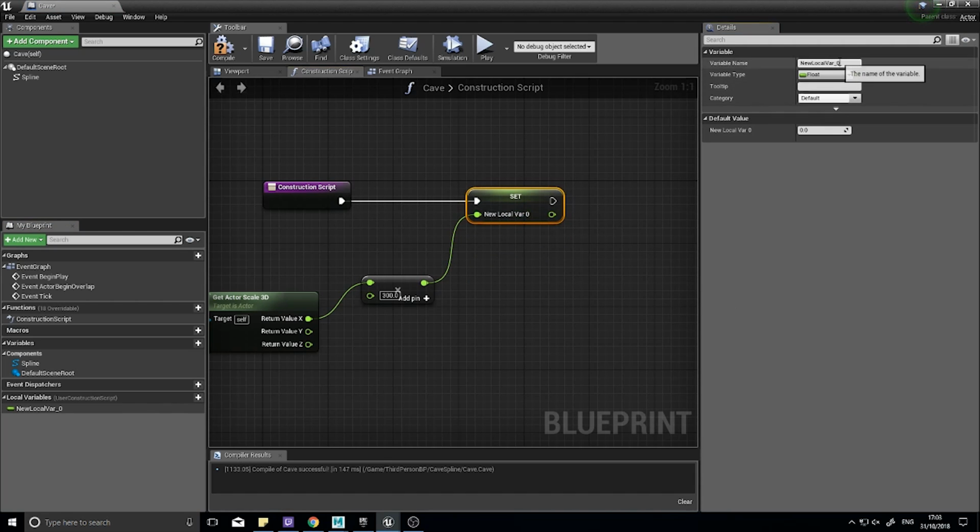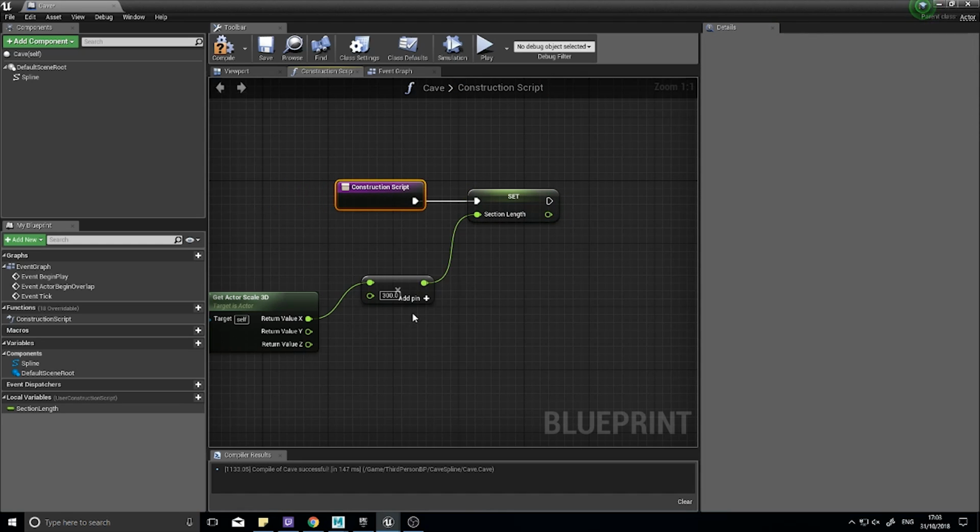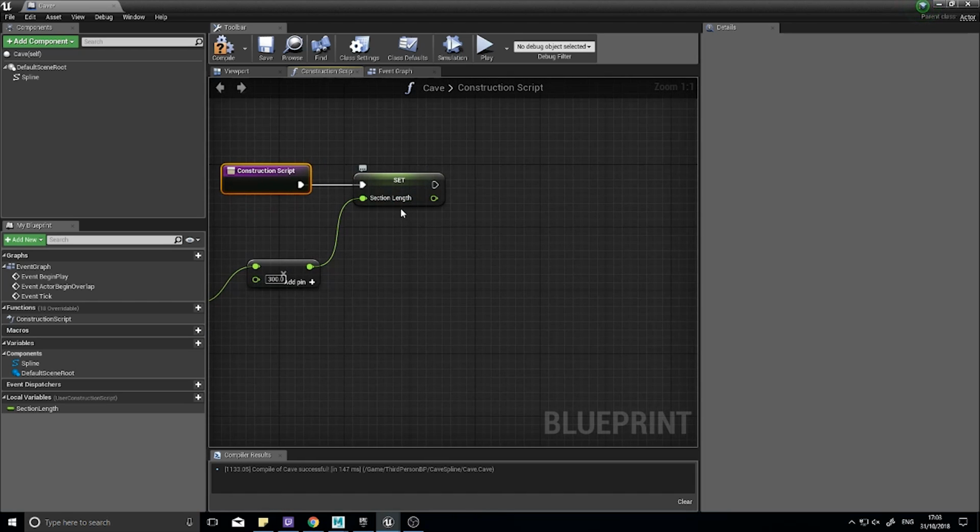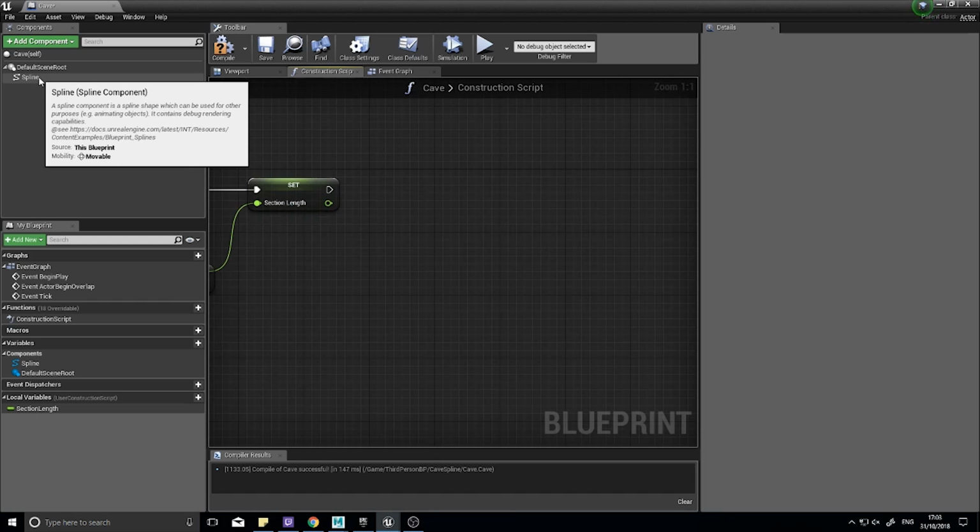And this local variable is going to be called section length. So the very first thing is we're going to get the section length of each cave piece. Once we've got that, we're then going to use the spline to do a loop to start building that spline up. So what we need to do is drag our spline out,